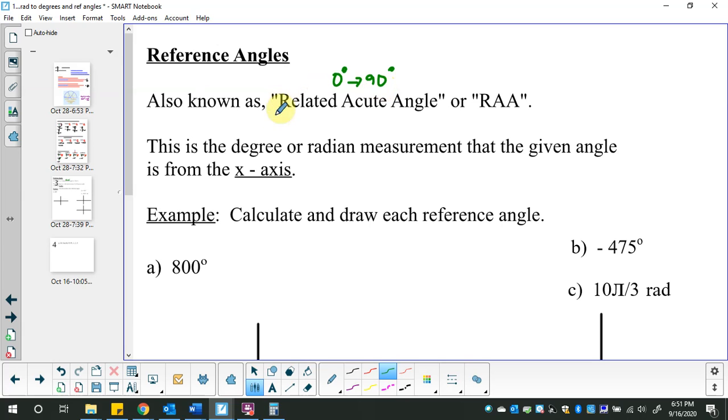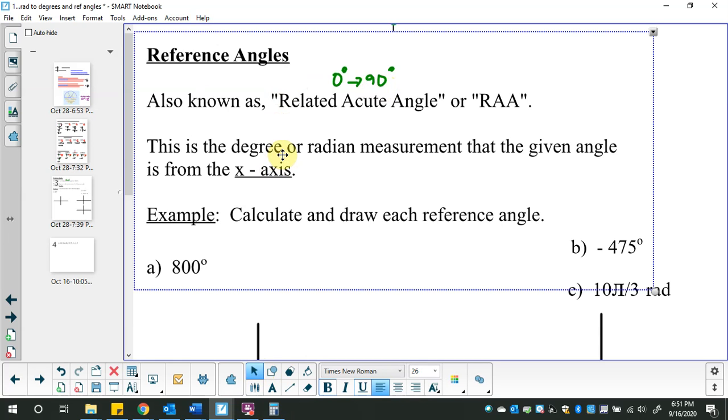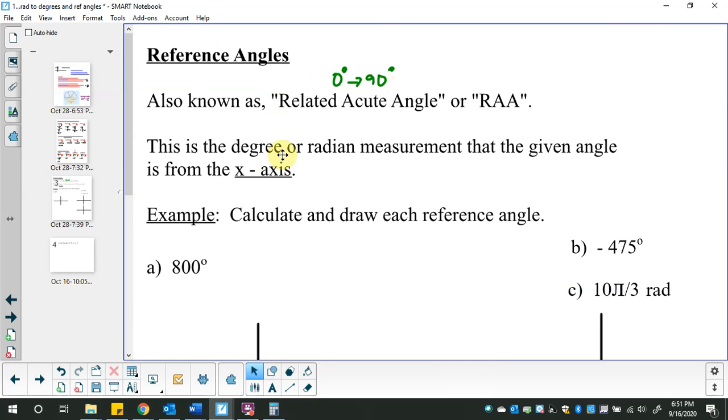I'm going to give you a couple of little tidbits of information that you may or may not care about. I quite like this stuff. Your answers could be a degree measurement, it could be a radian measurement, and it is the distance that it is from the x-axis, either the positive x-axis or the negative x-axis. So I'm going to draw you a little picture, and you may see this numerous times, your related acute angle is,